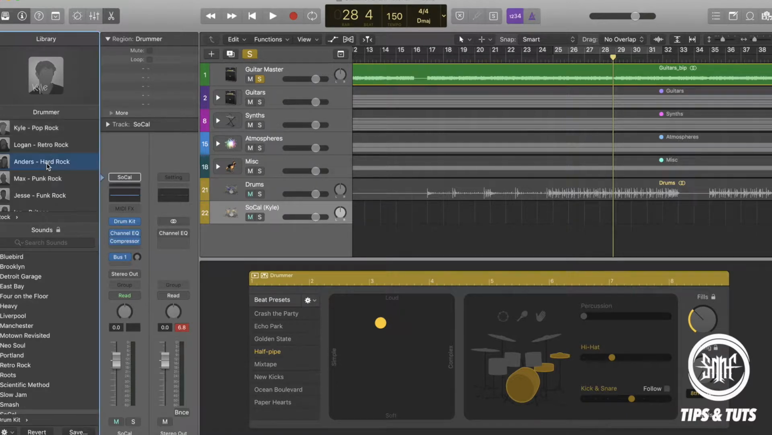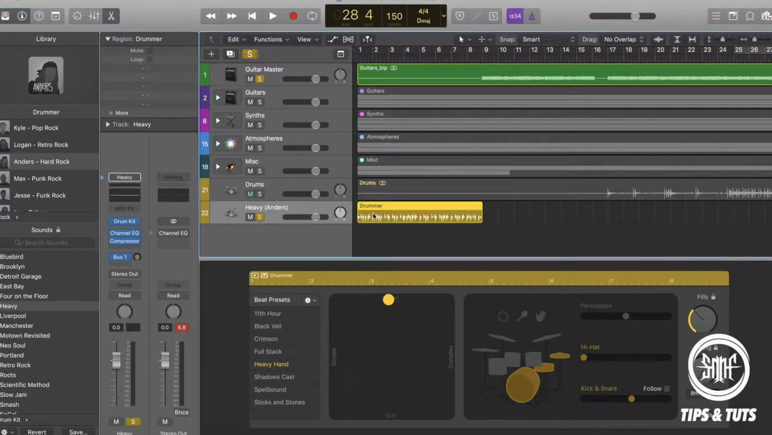Now for this, we're going to use Anders. He's a hard rock guy. We're going to use him to create a quick drum track. It doesn't matter what kit you use because we're going to swap it out for the VSTi. So I'm going to solo this particular track. So we've got the guitar and the drums soloed. We'll delete this,